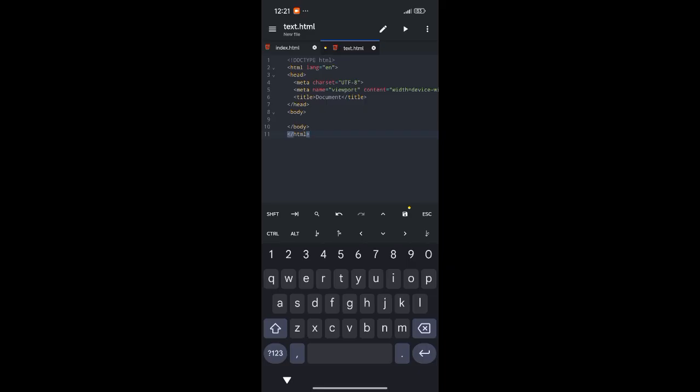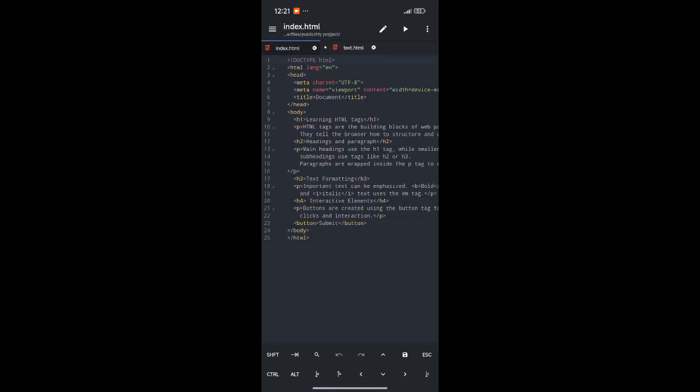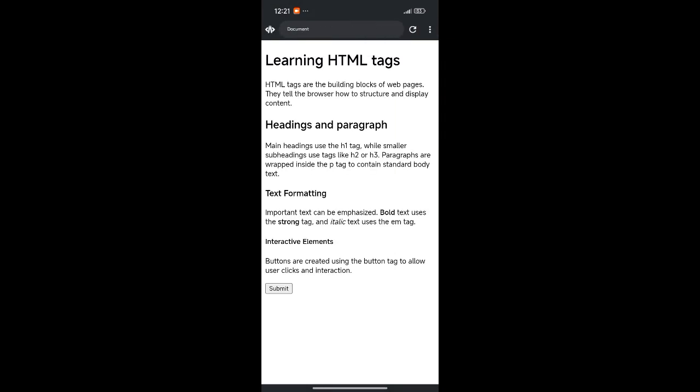Now let's get started. Let's play it. We're not going to be looking at the code. This is exactly what we are going to be looking at. Let's not look at the code. So we try to code our way into this thing we are seeing on the screen now. The very first heading, look at it, learning HTML